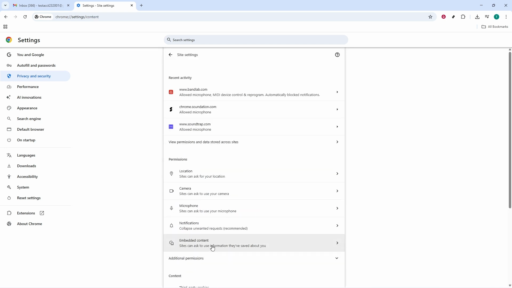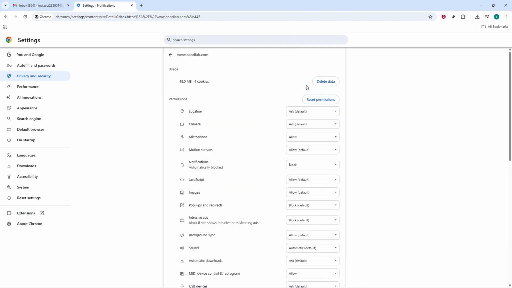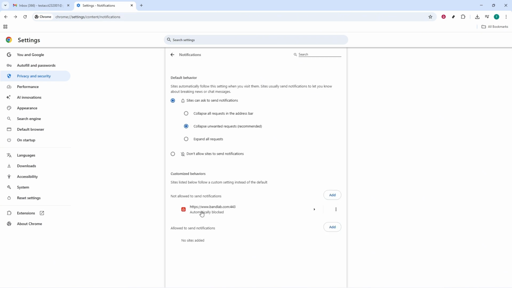If you've muted notification sounds in the browser and the noise still persists, it's likely coming from your operating system. On Windows, open Settings, go to System, then Sound, and choose App Volume and Device Preferences. In the list of running apps, find your browser, Chrome, Edge, or whichever you're using, and move its volume slider to 0 or hit mute. This mutes just the browser sounds without affecting the rest of your system. Keep in mind that while it's muted, any audio or videos in your browser will also be silent until you